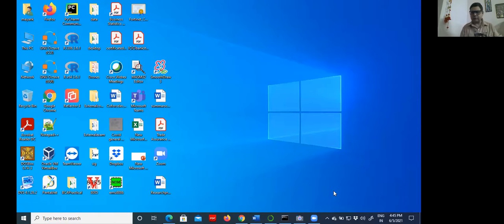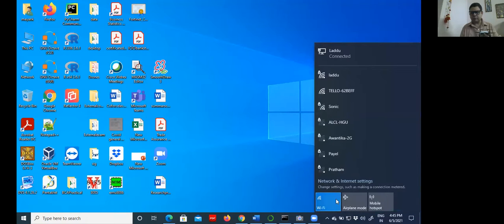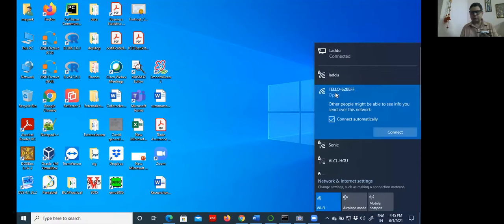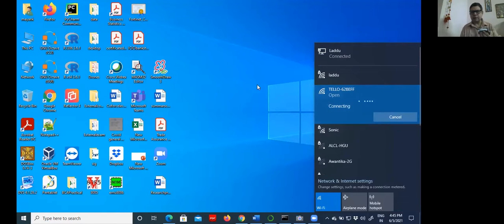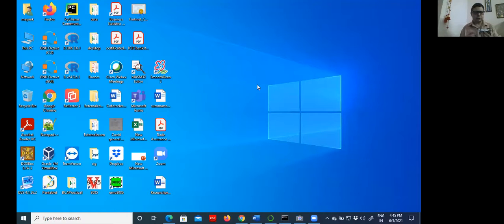To start, we have to press the button. You see the green or red LED is blinking, and in the Windows environment I have to select the Tello. It shows the name Tello in the Wi-Fi interface, connected automatically. What I have done, I have made two connections.